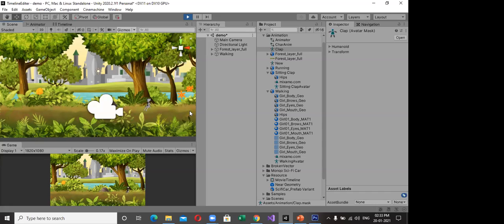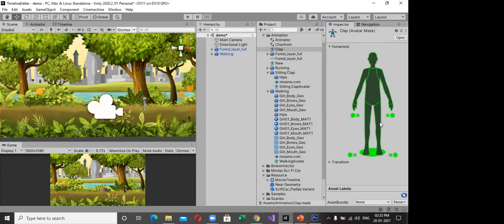Now we have to map the bones which are affected by your second animation. So here we select your humanoid, and deselect your legs. Now your hands and head only are affected by the second animation.